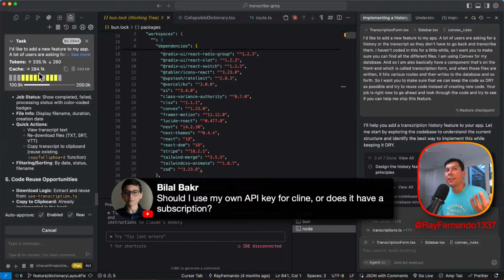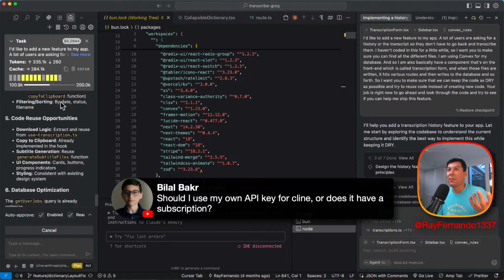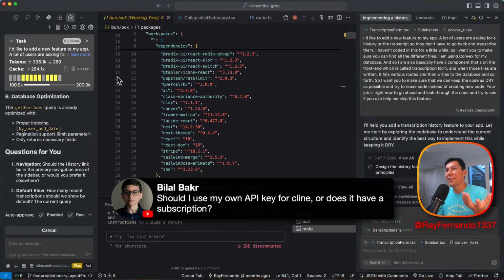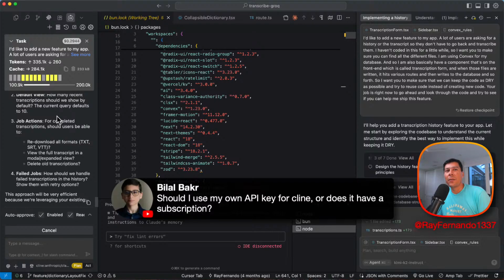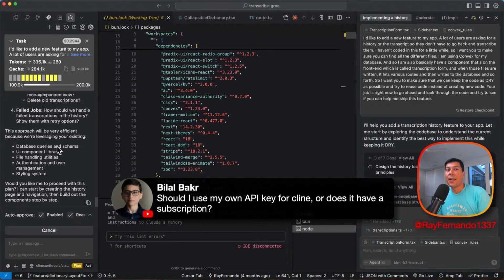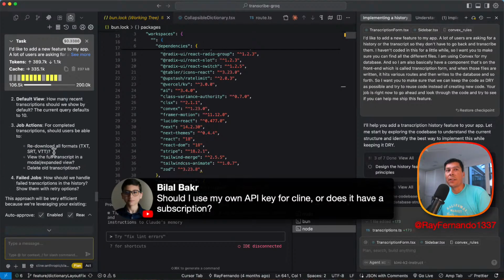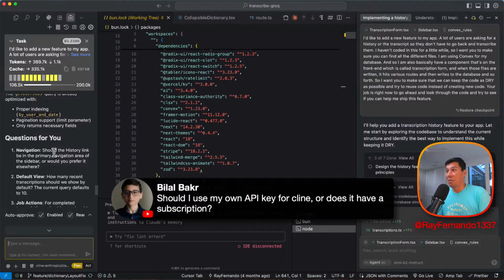I can't believe how fast it's eating through the context window. I had no clue that this massive prompt would be able to do that. It's not even that massive, to be honest, but it's now intelligently looking through my code. I like the speed at which it's going through. So this already finished. Damn.